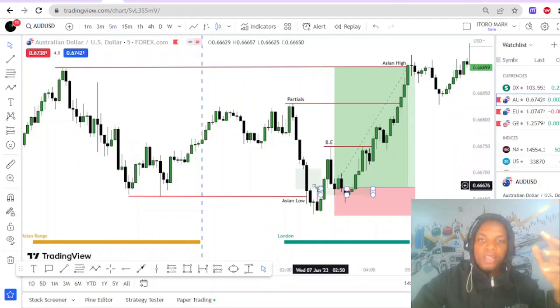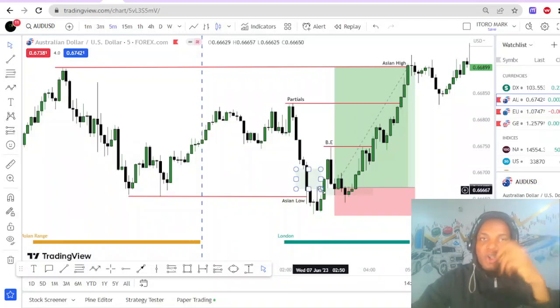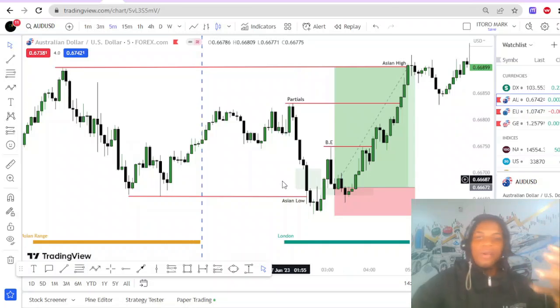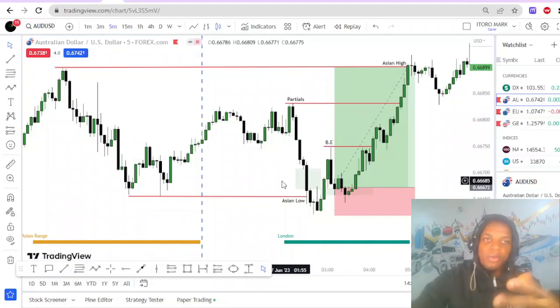You get me? So it's not cleaner here on the 5-minute chart, but it was cleaner on the 1-minute chart and the 3-minute chart. So the main focus here on the 5-minute, remember, look at how I went down from my higher time frame. Now the 15-minute, I use it to check out for liquidity grabs. You get me? After the liquidity grab, I didn't spot any fair value gaps on the 15 minutes. So in order for you not to miss your trade, you need to scale lower to start hunting for your